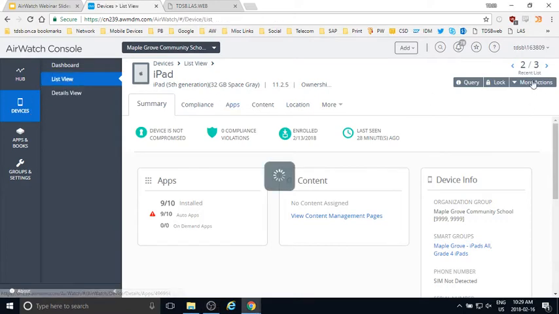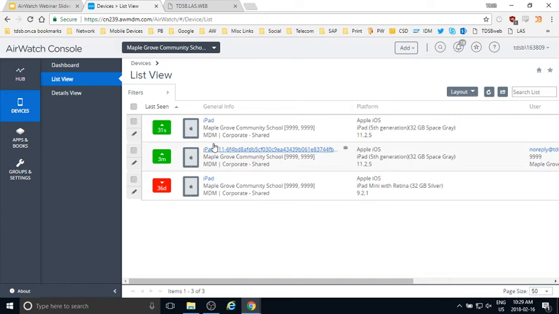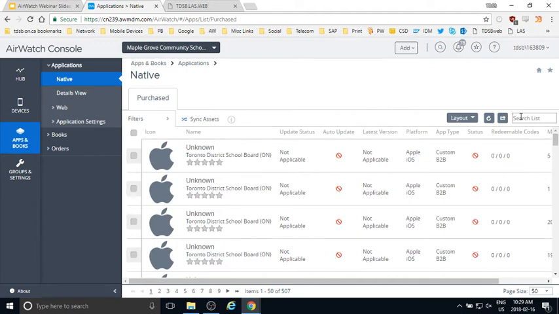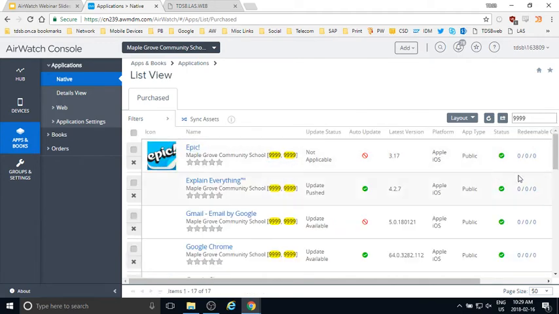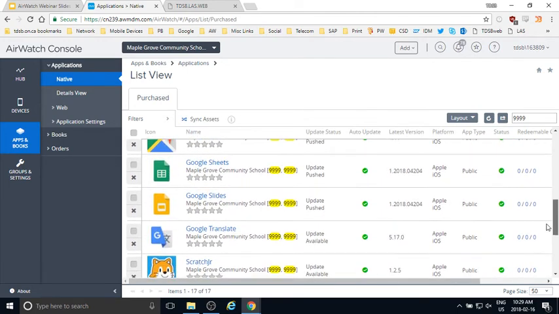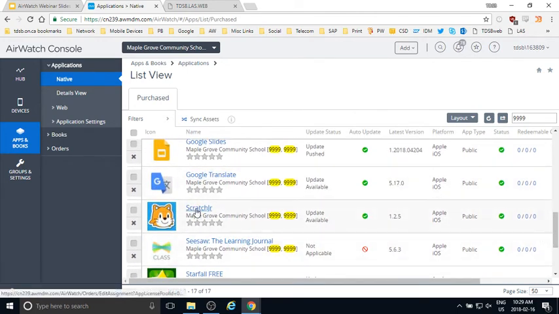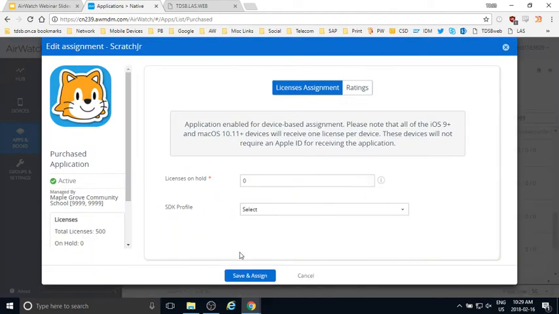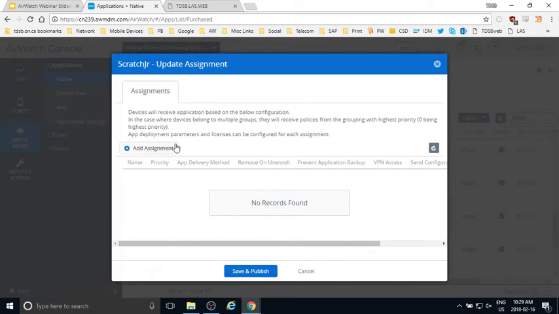So as you can see, there's all those different actions you can take on the iPad, but you can also see a list of your devices or a list of your iPads in your school. I only have 3 here, but some other schools have as many as like 300. You can deploy different apps to the iPad. So if I go to apps and books here, I can see a list of all the apps that I have. As you saw earlier, there was that Epic app. Say for example, these are all the Google apps that I have on the iPad. Let's say I now want Scratch Junior to appear on all my iPads. If I want to put this on all my iPads, I'll show you how quick this is.